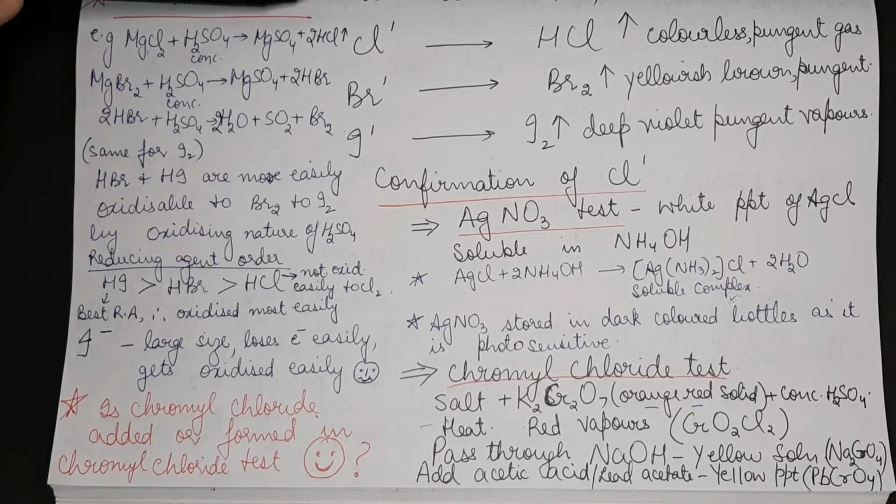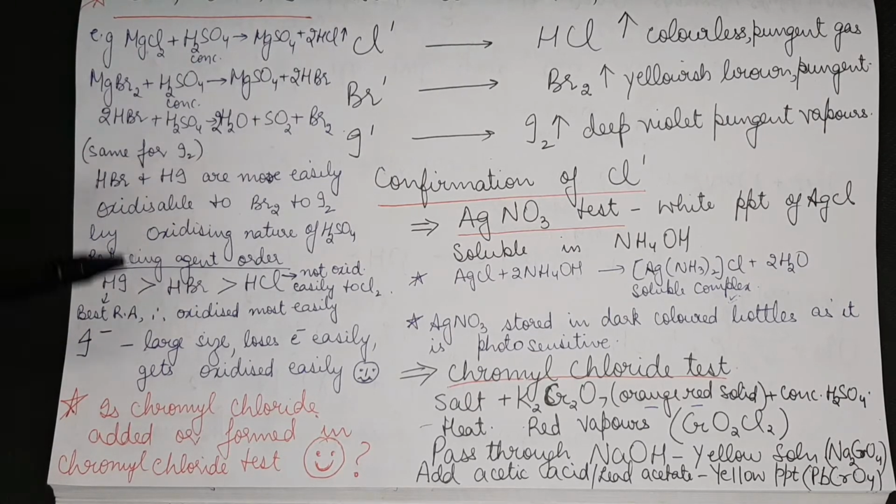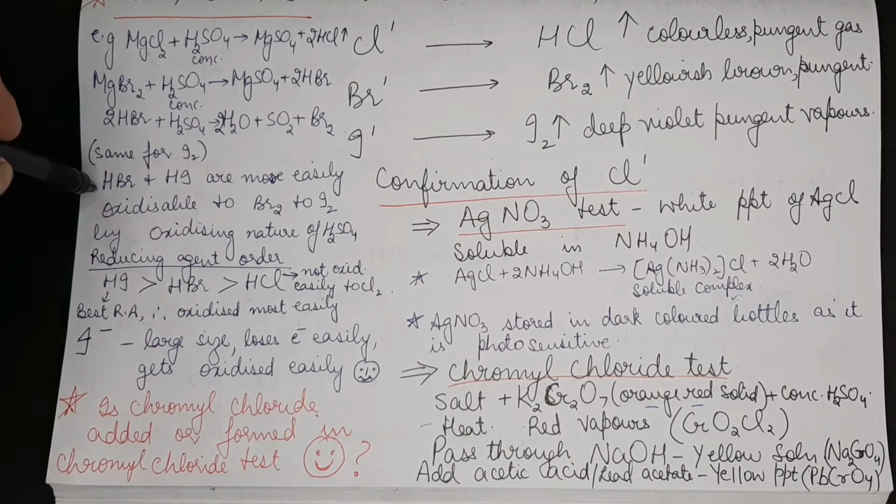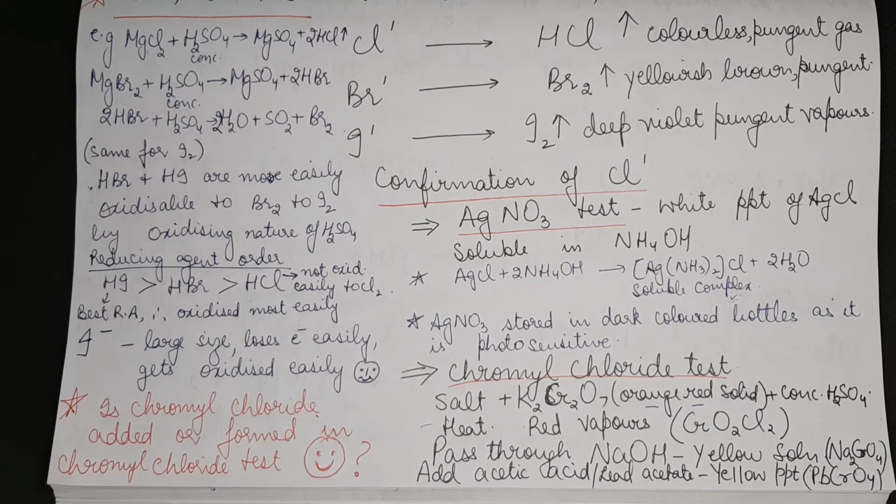Why does a chloride salt give HCl whereas a bromide or iodide salt gives bromine and iodine? Reason, again very, very important, children. Even this time, I think in one of the JEE online exams, there was a question related to chlorine, bromine, iodine, something to do with oxidizing character or bond energy. These are very favorite topics, children, every year for your exams. So please note this down.